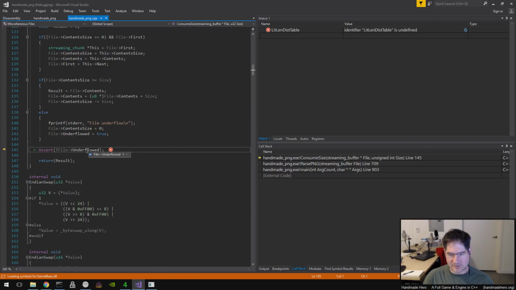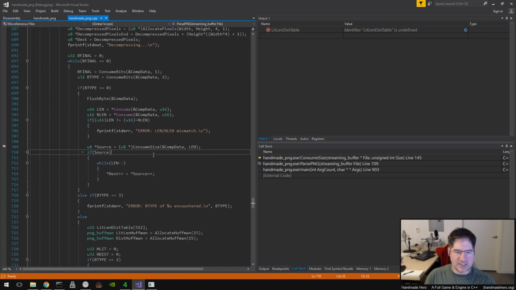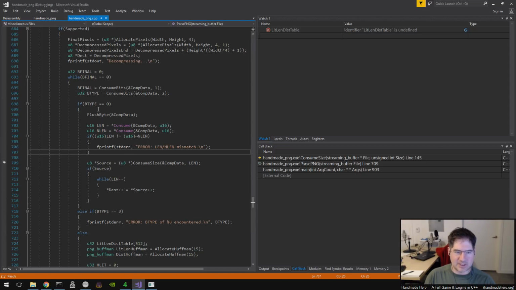This should not have happened. So this is what I want to debug first. And I want to debug it here because we've got a nice, simple program set up, which is designed to just do one PNG read, so we can find anything that is not what we would expect, right? So when we were parsing the PNG here, we went into some kind of a consume bits run where we were trying to copy a giant